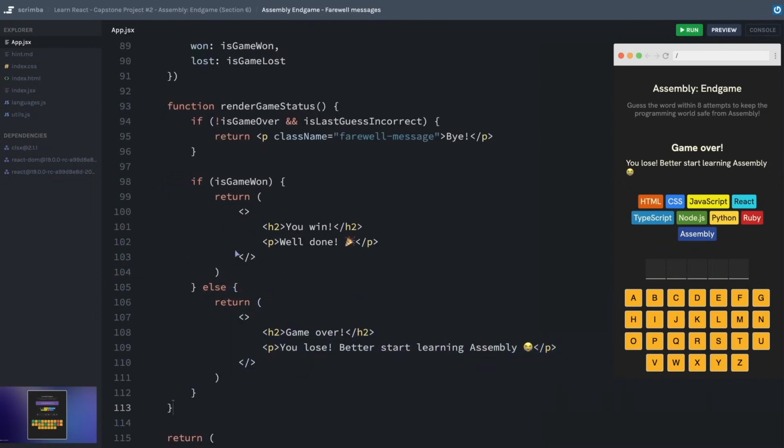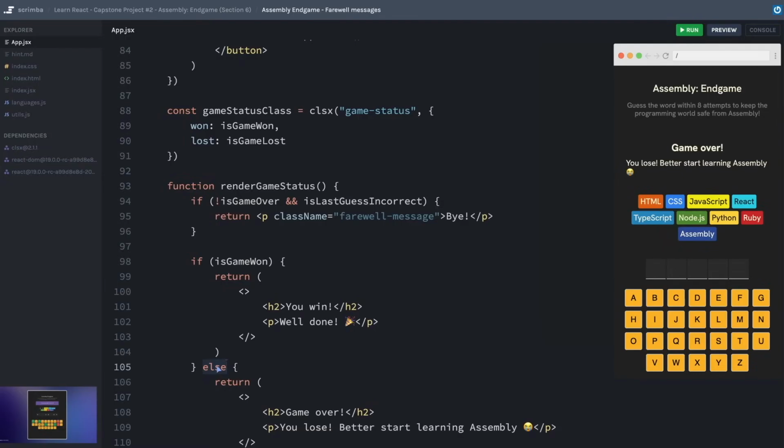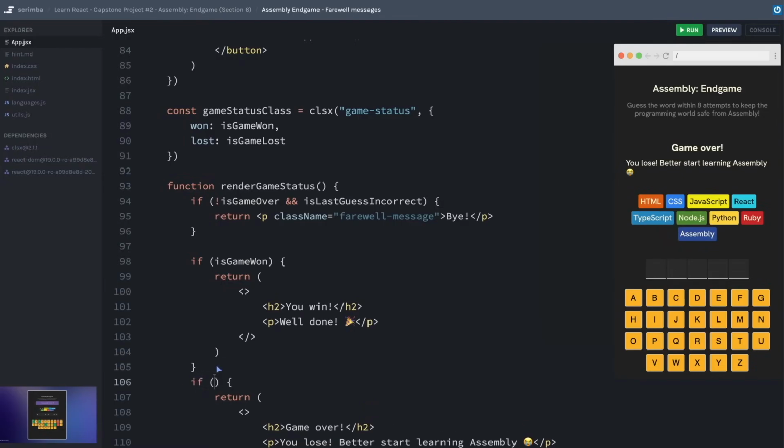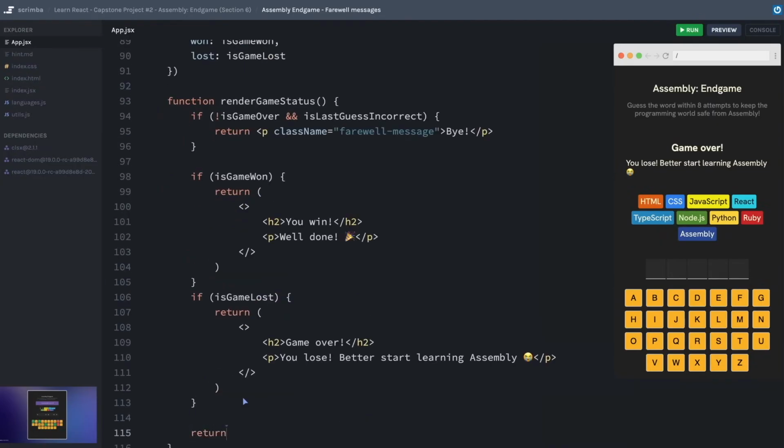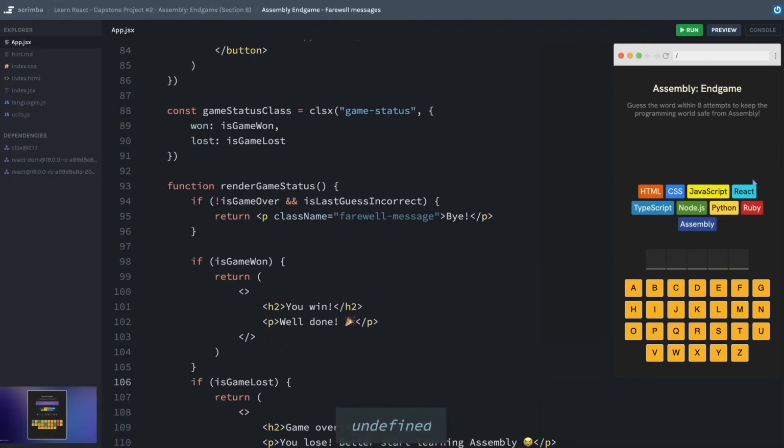You know what, instead of having this else here, let's explicitly check if the IsGameLost is true. Then we'll do that, and then otherwise, at the very end, after all these returns, if none of them hit, then we will return null. Okay, let's try again. Oh, awesome. Okay, our game over is gone. Let's go ahead and hit Z. And oh, look at that.